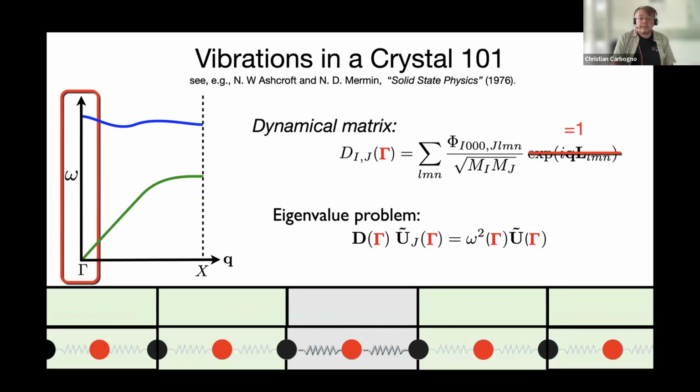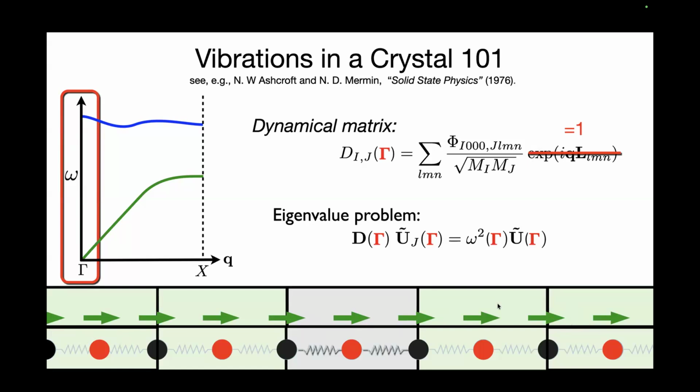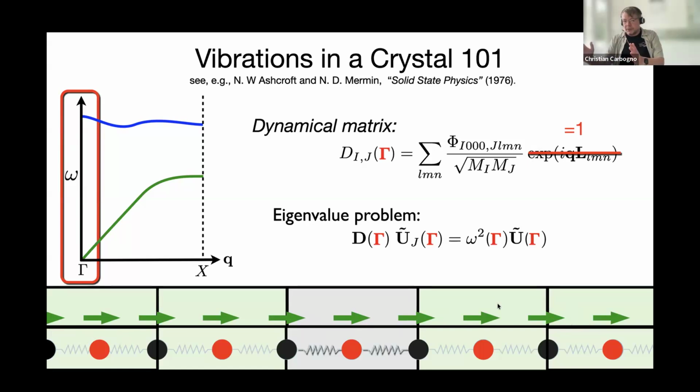So if we solve this problem, then we get acoustic modes. So we get one solution in which all atoms in the unit cell move in the same direction. And then, since gamma tells us that all others have to move in the same direction as well, everything moves in the same direction. Okay? Is that clear, Nihat? Yes, till now it's very clear. And so the whole crystal moves. And if the whole crystal moves, you cannot gain or lose energy. That is why the frequency here is 0.